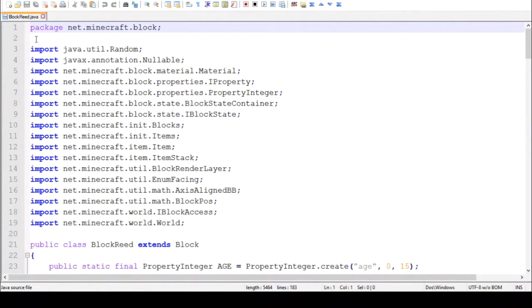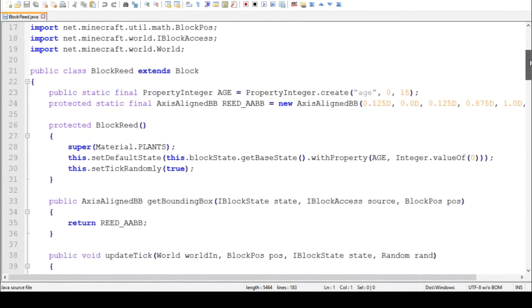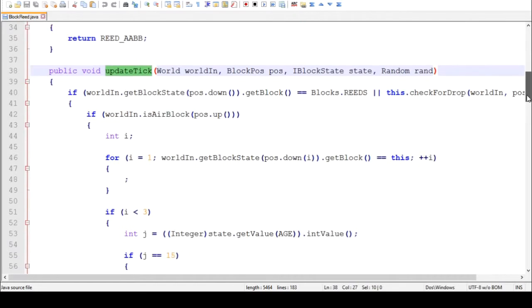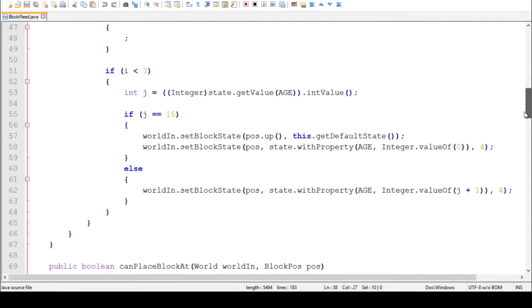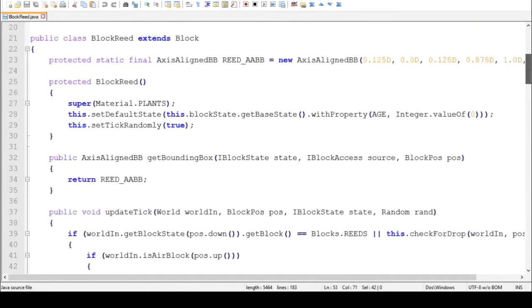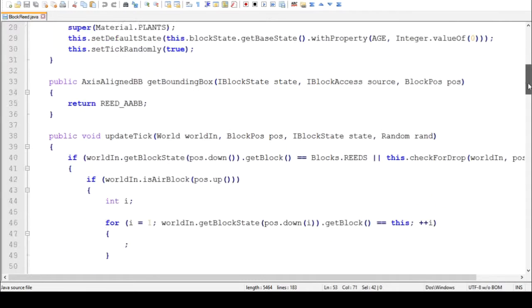The class that defines sugarcane is called block reed, which is sort of back from alpha when sugarcane was called reeds. Now, this update tick function is what's called and used to decide if it should grow or not, which is partially determined by the age, which is just an integer between 0 and 15,